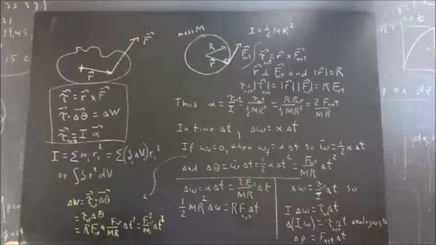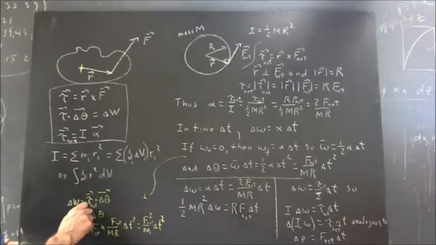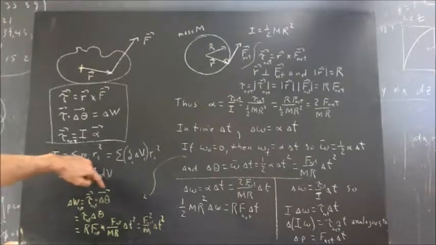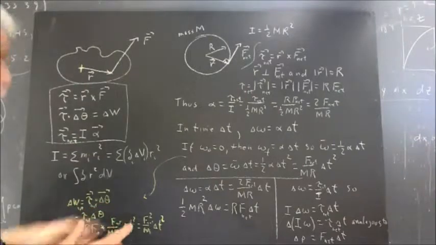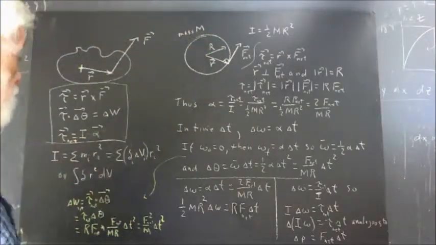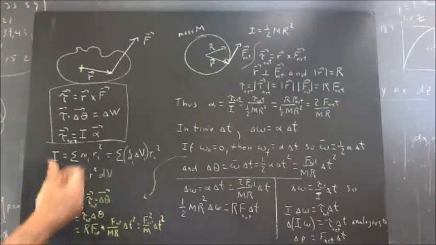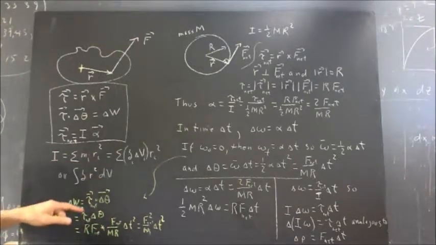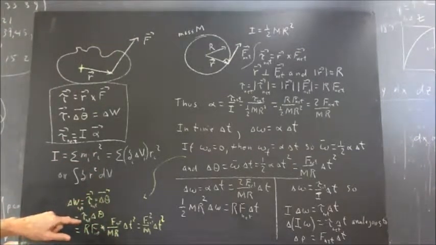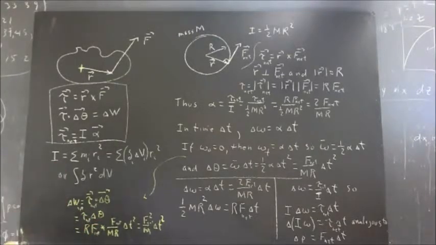So one conclusion we can draw from this, wasn't there before, is that the work done by the net force is net torque dot delta theta. If the force is in the plane of the disk, the tau net and the delta theta are both directly out of the board, so they're parallel. So we can replace the dot product of the vectors with just the product of the magnitudes, and then we substitute for tau net the R F net